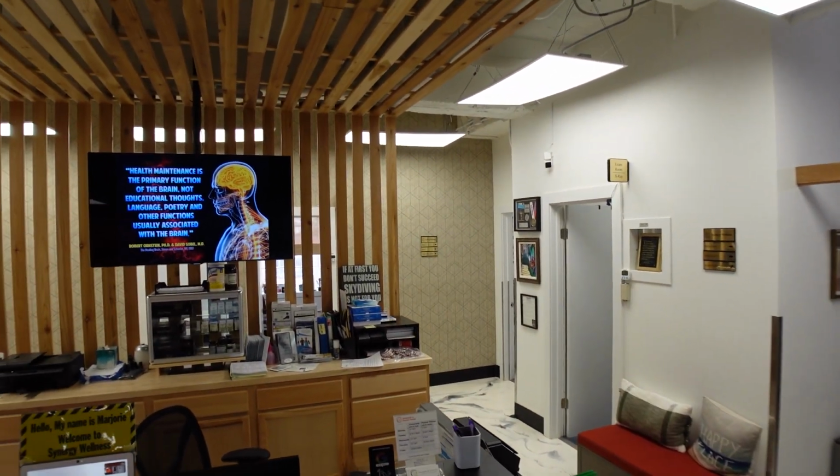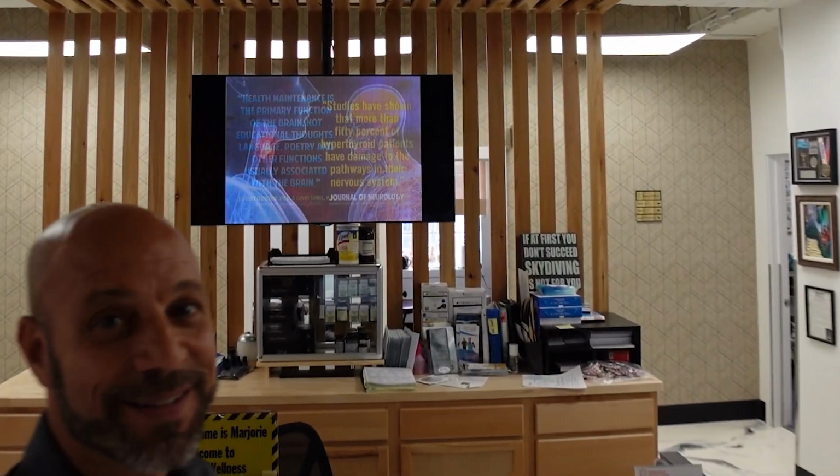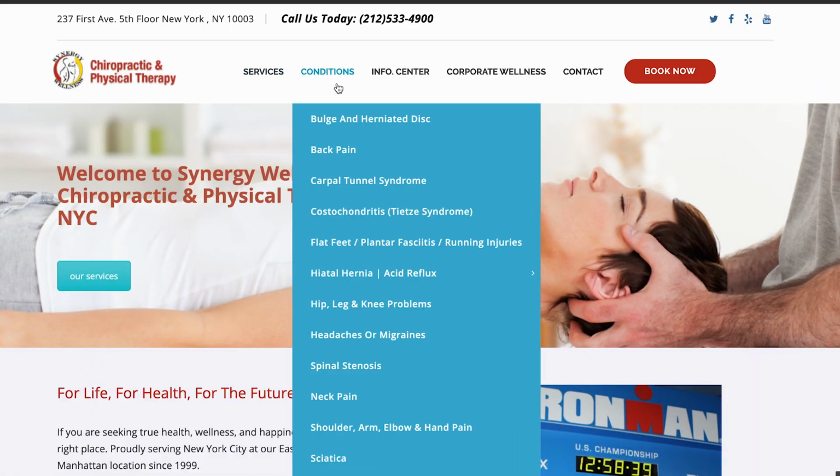That is the office space of Synergy Wellness. Feel free to come on in and get a treatment or have an assessment, whatever the injury may be. It could be back, it could be spinal, it could be shoulder, ankle, knee, it could be a neurological condition. We treat a wide range of symptoms, and you can certainly see some of what we treat on our